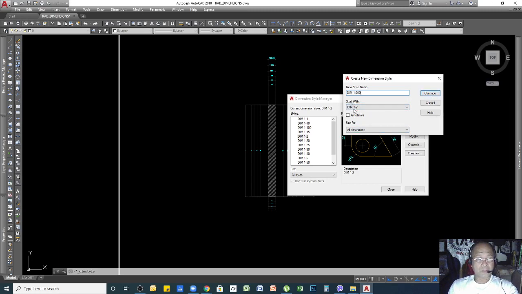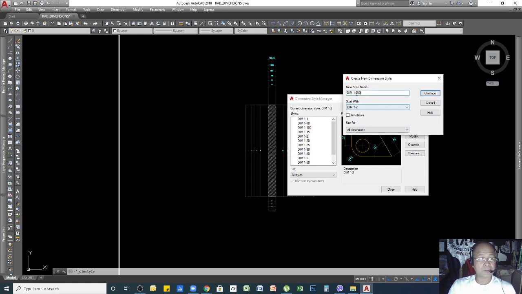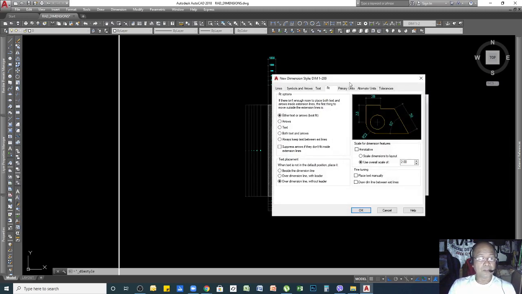If you haven't done any of these, something will appear here. So let us start with this setup. I just press continue. It will not accept any of these characters, so I will just make a dash: 1 dash 200. So continue, and then there it goes.